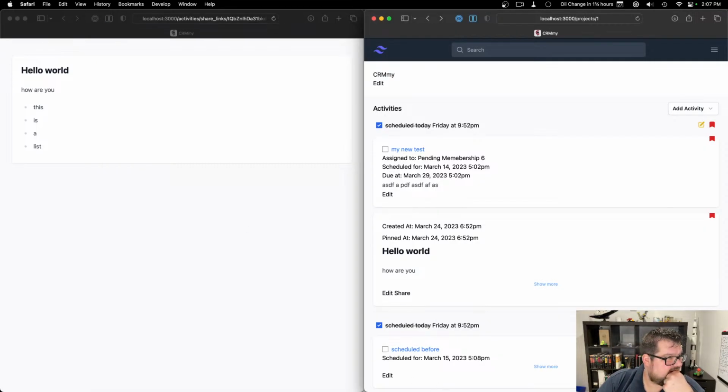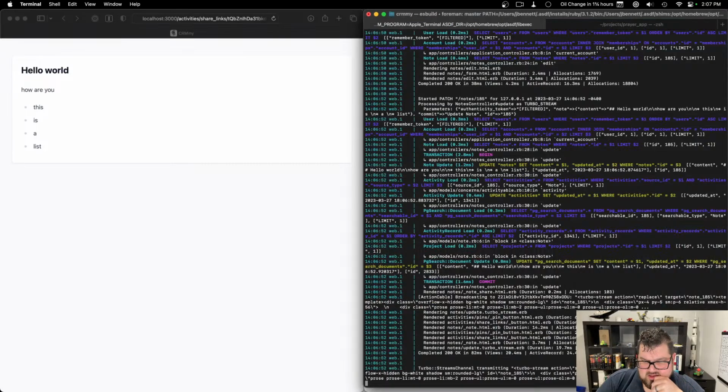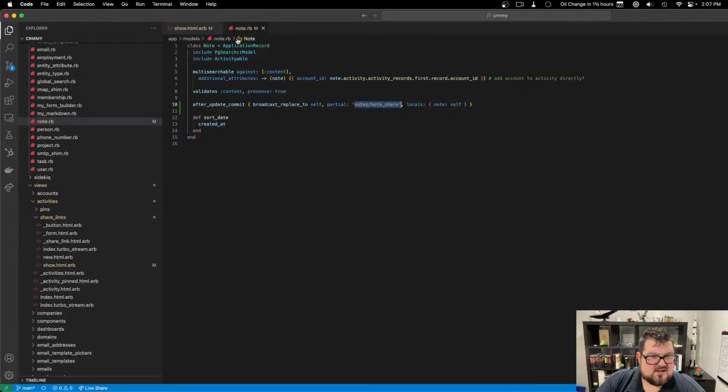So that's what's happening there. And if we look at the server, we can see on the server side that we're transmitting the Turbo Stream action replace down here. So that's good. Now, one thing is, this is going to be doing it inline. If we're doing a lot of updates, or maybe this is an expensive thing to render, that can cause some problems. So I think if we do broadcast